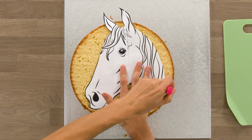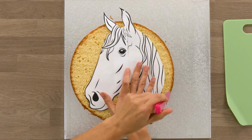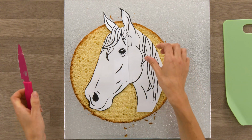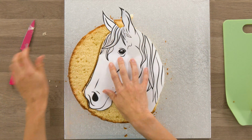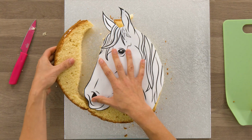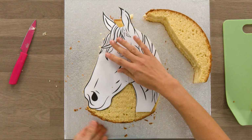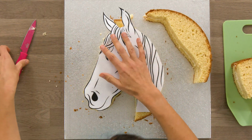I'll just bring that down there. So I've gone around the whole of the horse. Just be very careful when you're using a knife. And then I'm going to remove my excess pieces. Make sure you keep hold of this because we're going to need this bit for the ears. Then remove this bit here. Okay. Now for the ears,